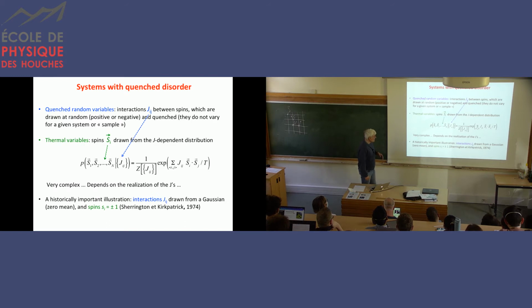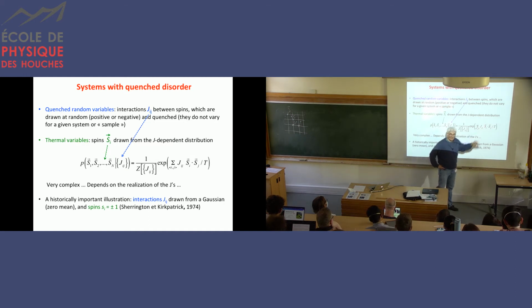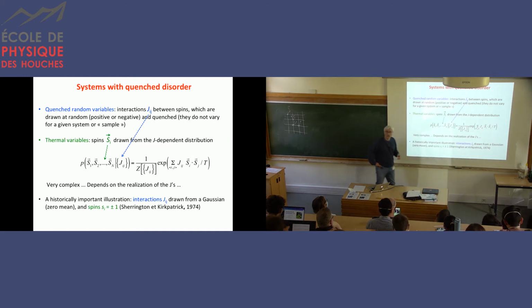Okay, so one example which was very important of such a problem is called the Sherrington-Kirkpatrick model. I'm sure that many of you have already heard about it, but maybe not everybody. It's an example where you have exactly this model, but you simplify in two ways. First, instead of having vectors here, you take just one-dimensional vectors of unit norm, which means numbers which are plus or minus 1. So the S_i are plus or minus 1.